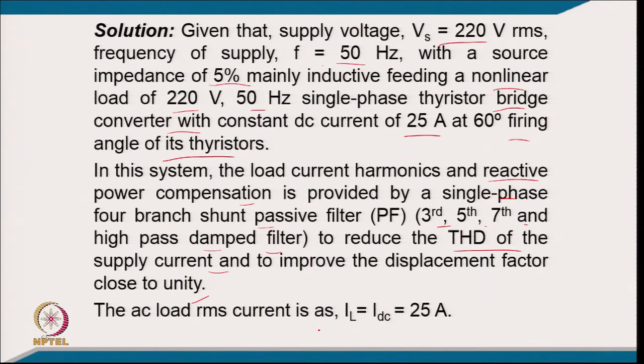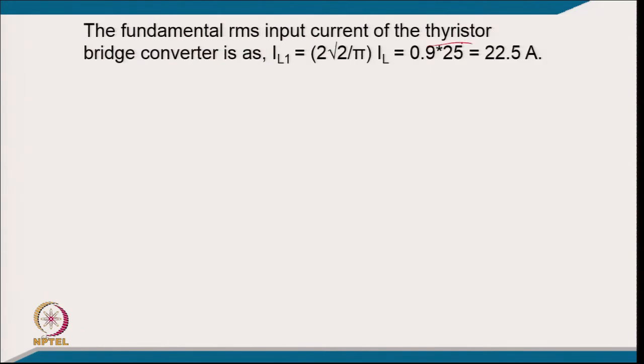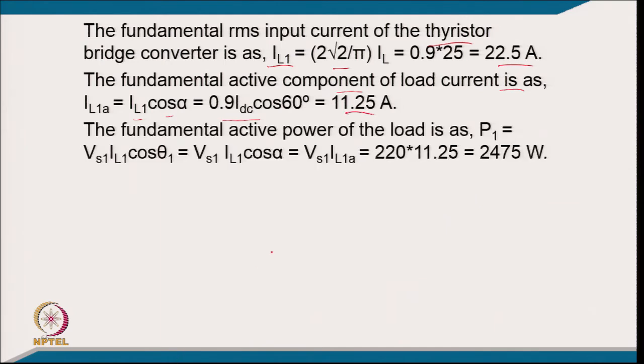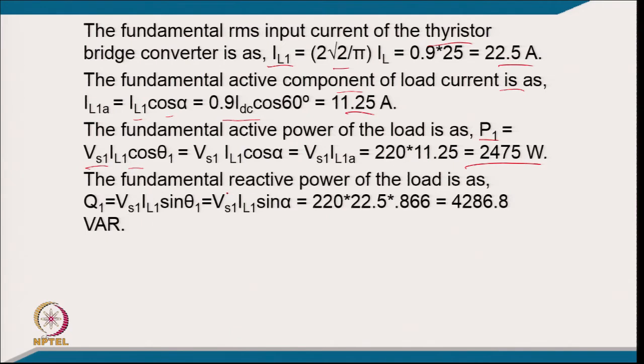And the AC load RMS current will be IL equal to IDC, that is 25 ampere, and the fundamental RMS current will be IL1 equal to root 2 upon pi into IL. So, this comes to 22.5 ampere, and the fundamental active component of load current will be IL1 cos alpha. So, it comes like 11.25 ampere, and the fundamental active power of the load will be P1 equal to Vs1 IL1 cos theta 1. Keeping the values, it comes 2475 watt, and the fundamental reactive power of the load will be Q1 equal to Vs1 IL1 sin theta 1. So, putting in the values, it comes like your